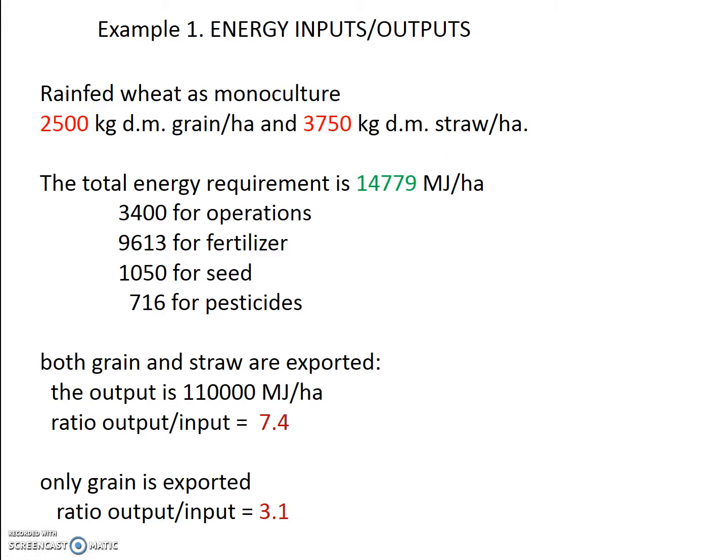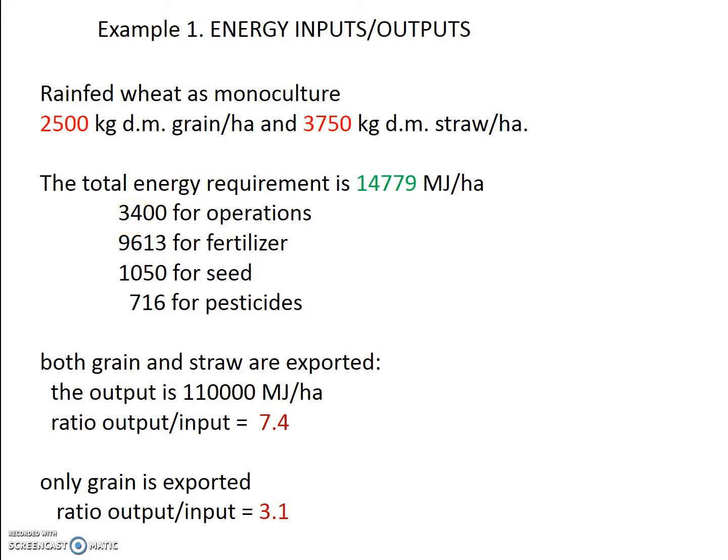Applying the equations and the coefficients that we have seen previously, the total energy requirement for this system would be 14,700 megajoules per hectare per year, which we can decompose in